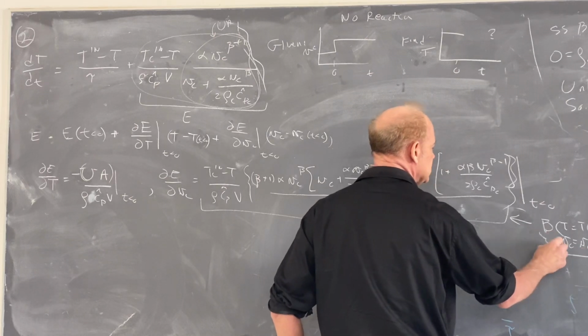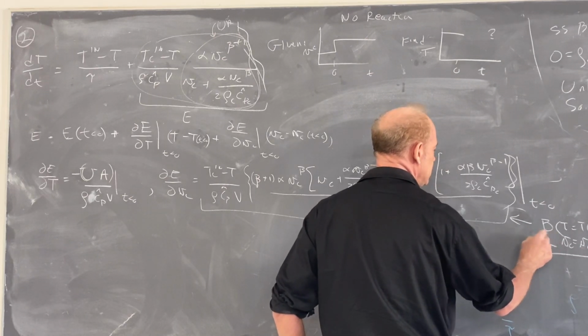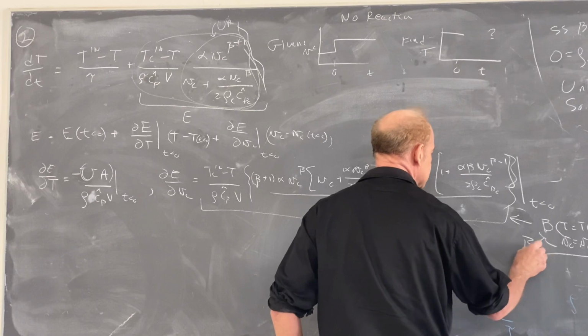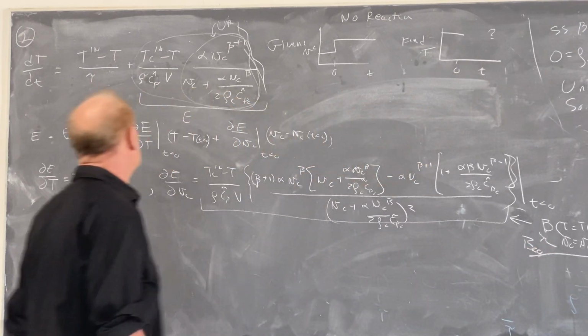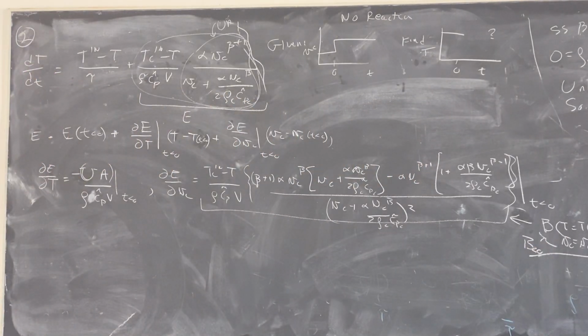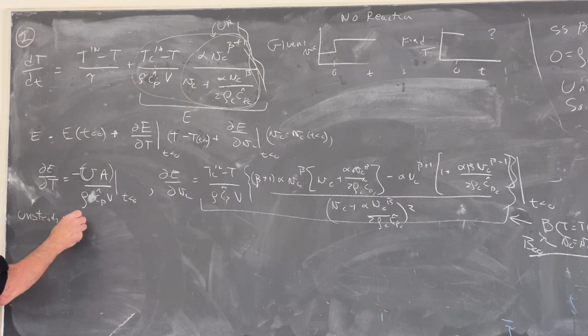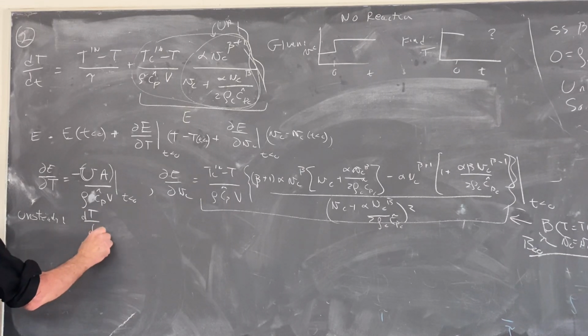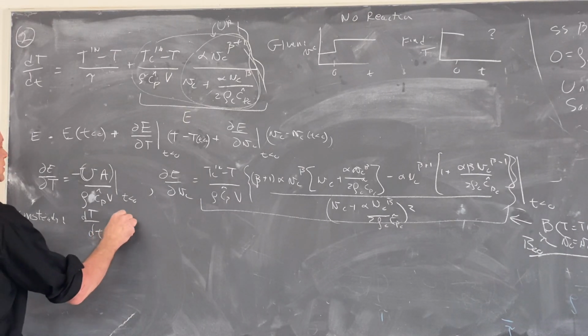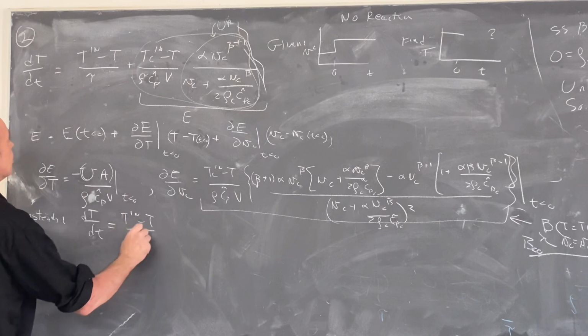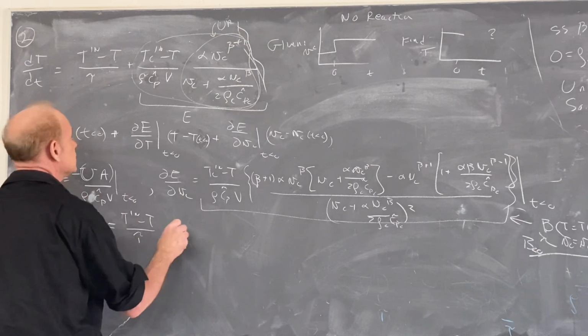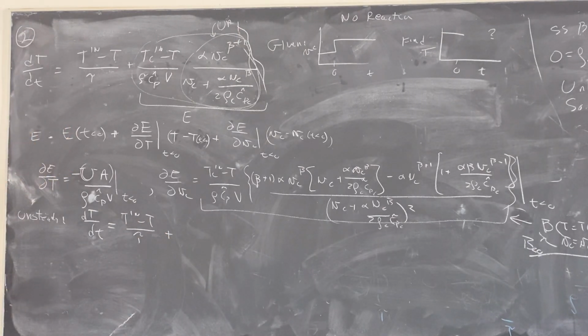I'm going to call this thing B0, or B for t less than 0. So now I can plug in to here, and for the unsteady,